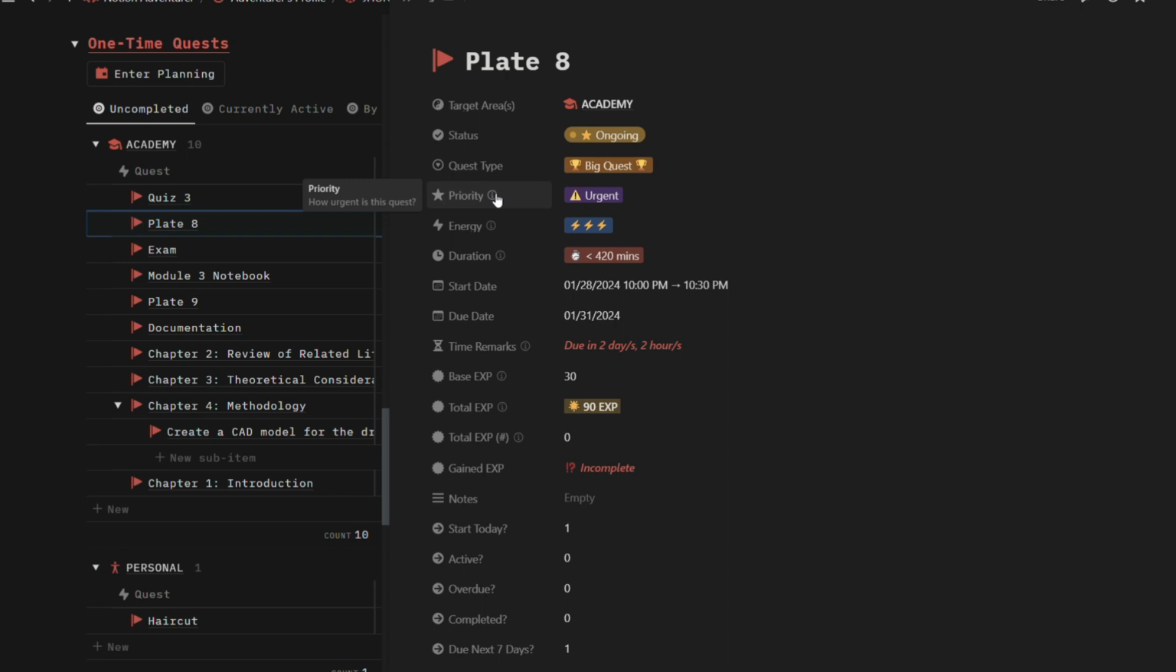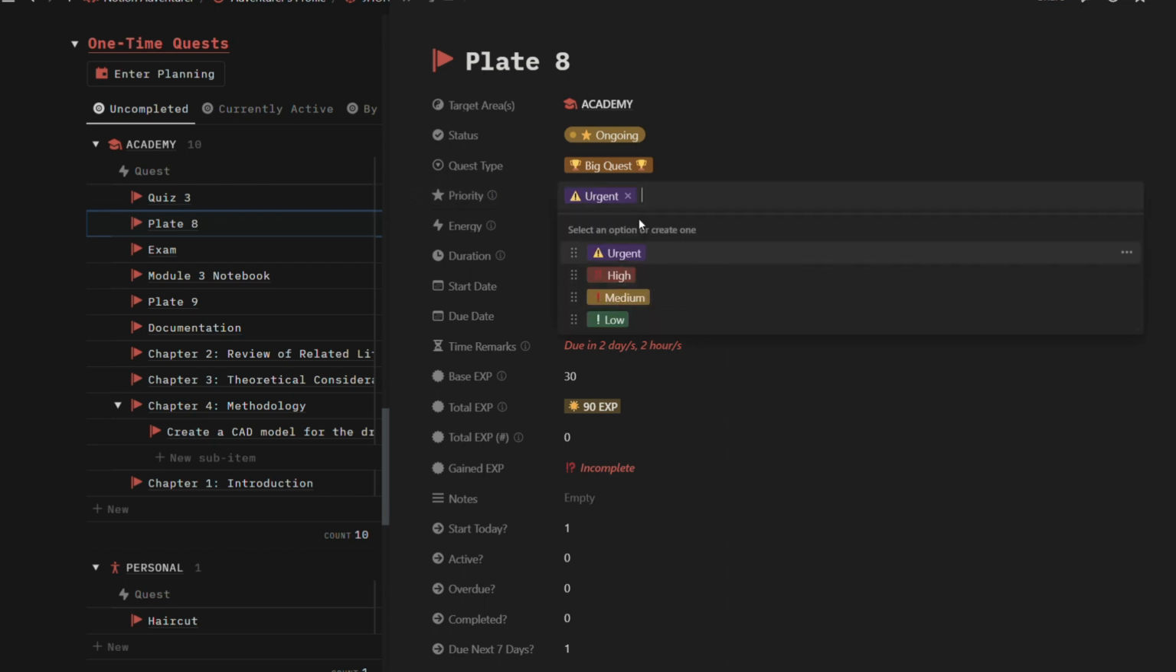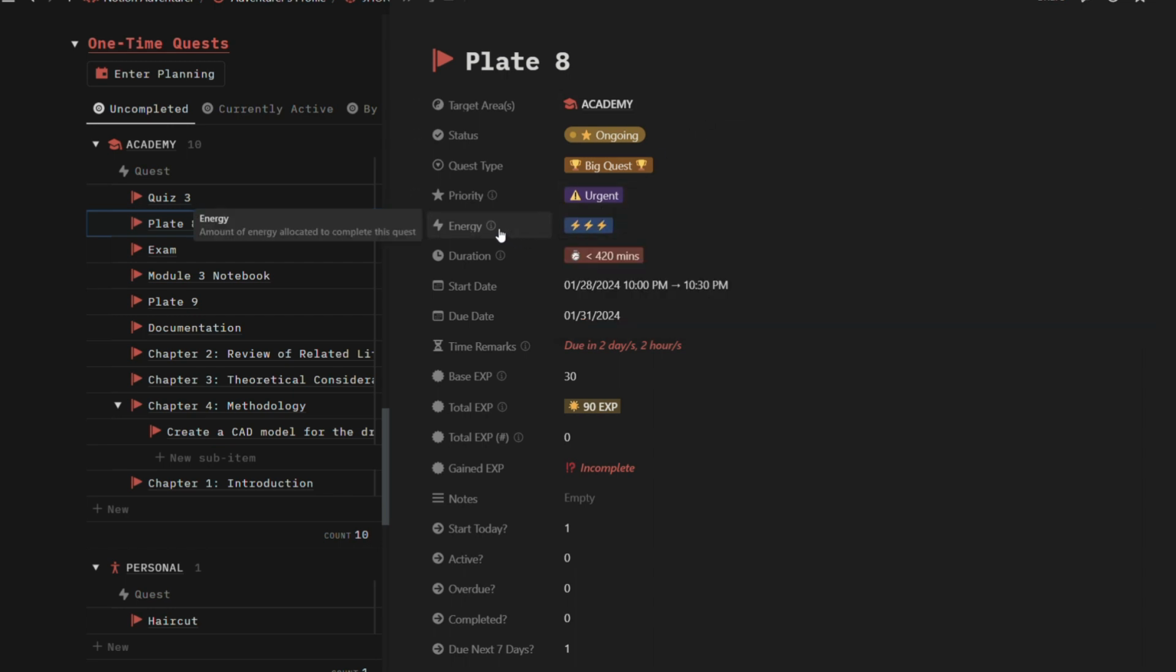So priority, self-explanatory. How urgent is the quest? There are 4 levels of priority, and urgent is the most urgent one: urgent, high, medium, and low. Next is energy. Some task managers do not have this property since they do not consider this, but in